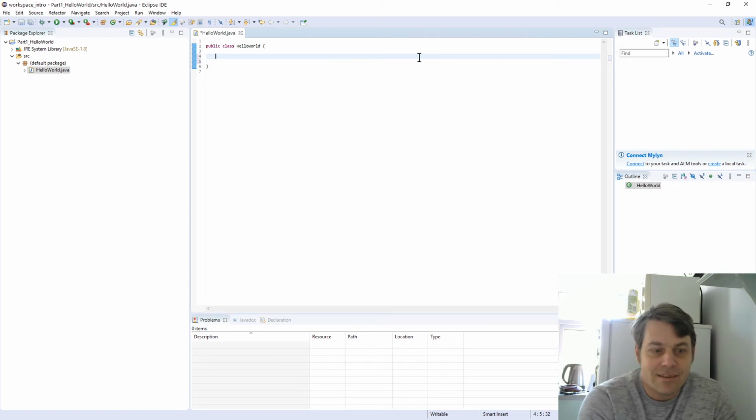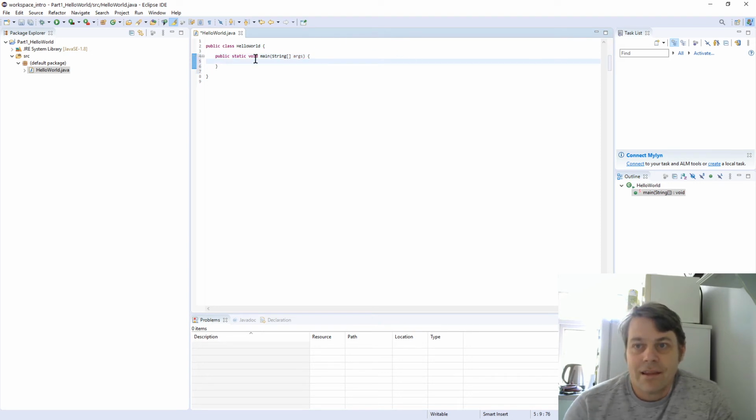And this takes a particular form, and you don't need to worry about what any of this means because we'll go through it all later. Public static void main string open and close square brackets and args. This is everything that goes in between the opening curly bracket and the closed curly bracket. Here is the main